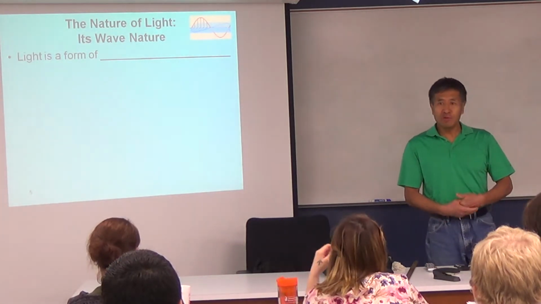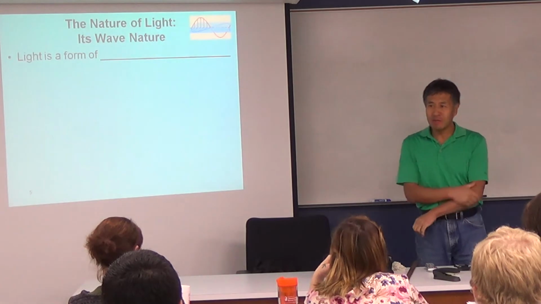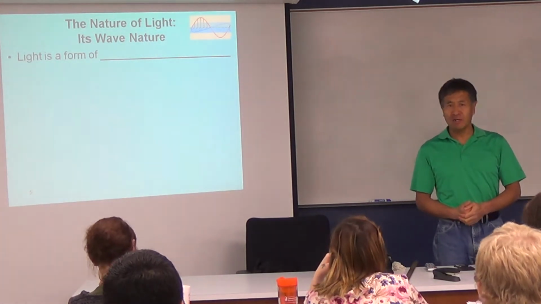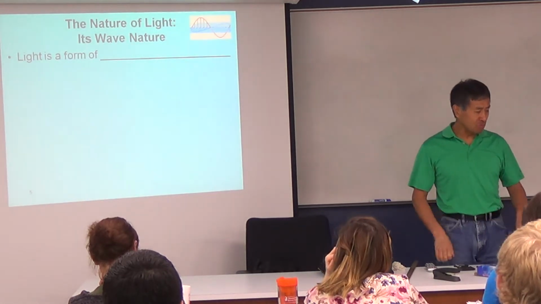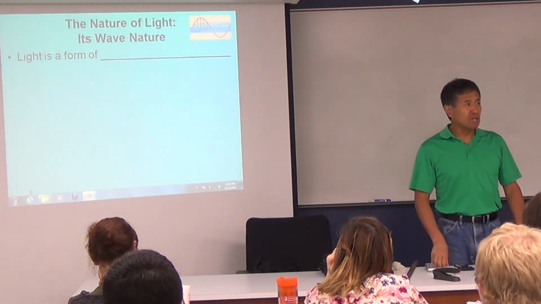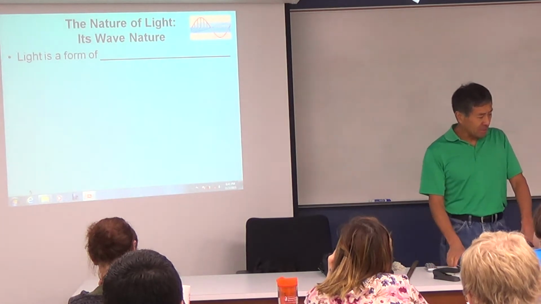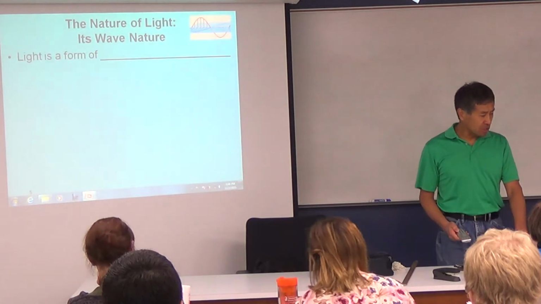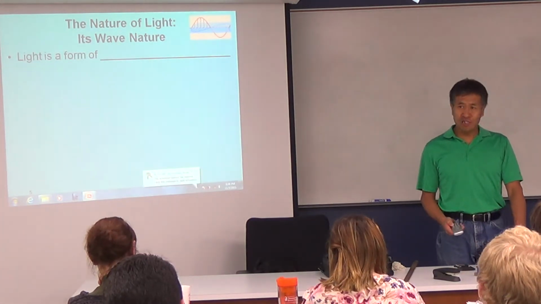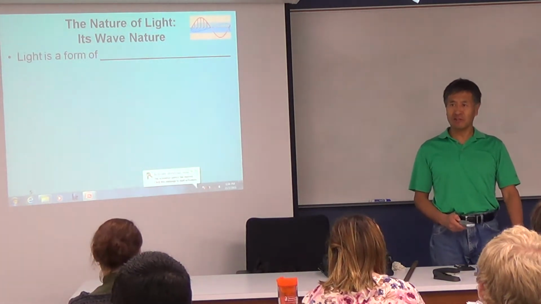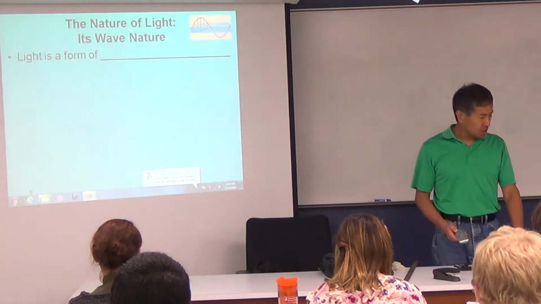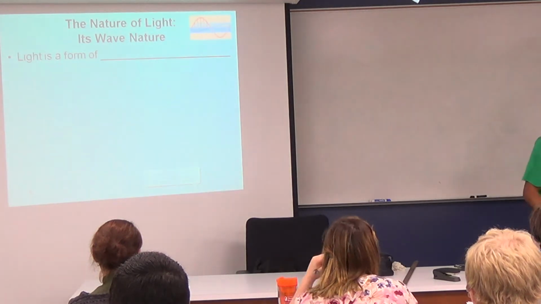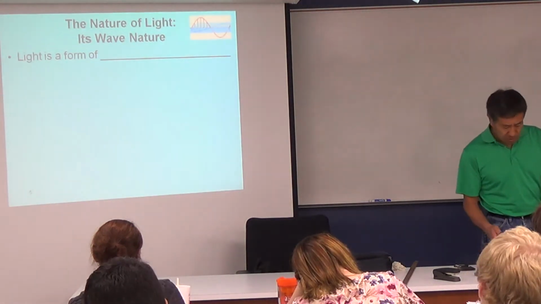Alright, so therefore the first few sections in this chapter are about the nature of light. And as I said, light is in a much broader sense. And now we know light has a wave nature, and that is common. Okay? So this is one nature, but we'll talk about some other natures of light. So light is a form of electromagnetic radiation, and which means